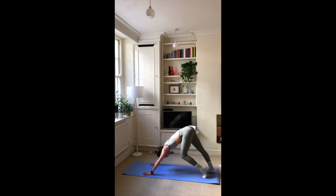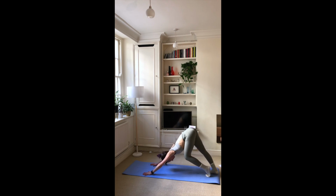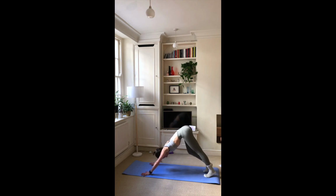Pedal through the feet, so take one heel up and then the other one down. As you do that, you really try and lengthen through the spine. Send your shoulders away to the back and really feel the length through the back of the legs. 10, 9, 8, 7, 6, 5, 4, 3, 2,